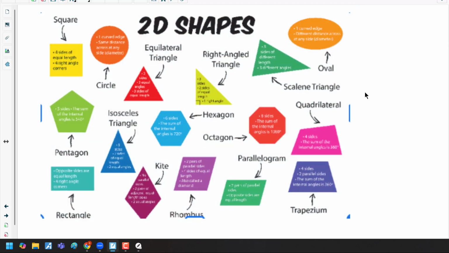Yeah, no, it's kind of blurry. All right, well, these are just some names of shapes. You can zoom in